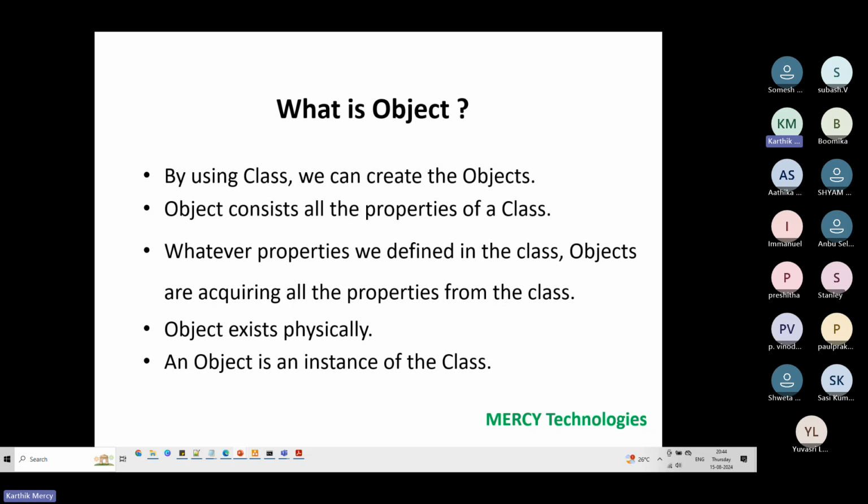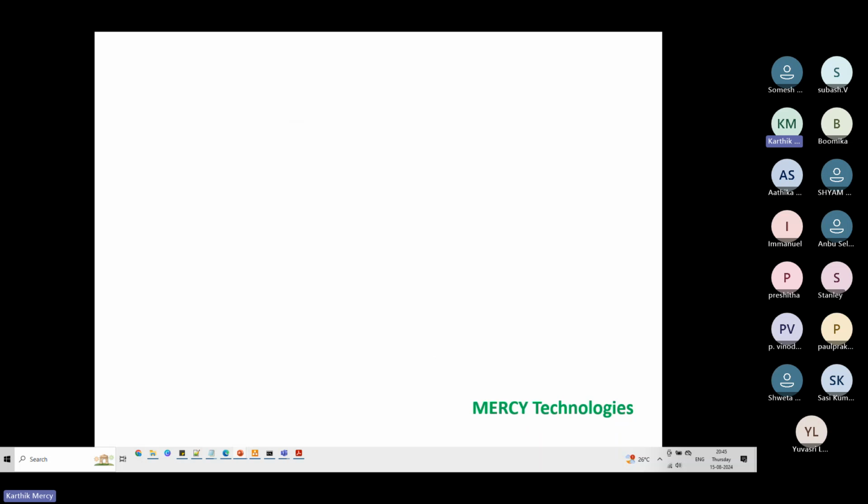Now, an object is an instance of a class. This is a very important definition, because generally we as programmers say that an object is an instance of a class. Whenever we say object, we interchangeably use instance. Whenever I say this is an instance, I am referring to an object. So object and instance, you can use interchangeably. If you say instance, it is object. If you say object, it is instance. So these are a few definitions. By the way, I'll be sharing these definitions with you, and these are important for you to understand.